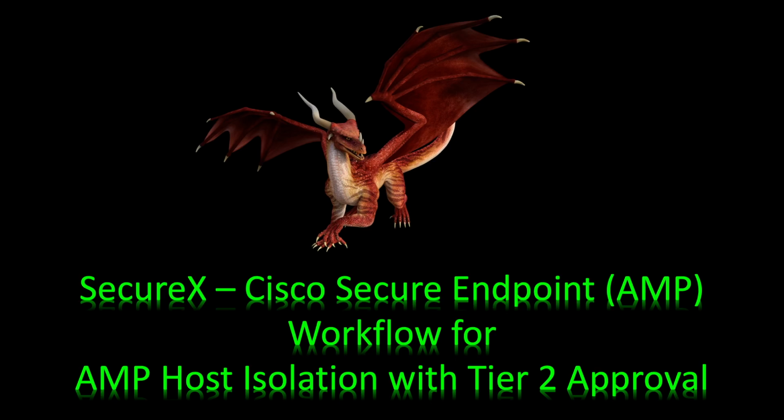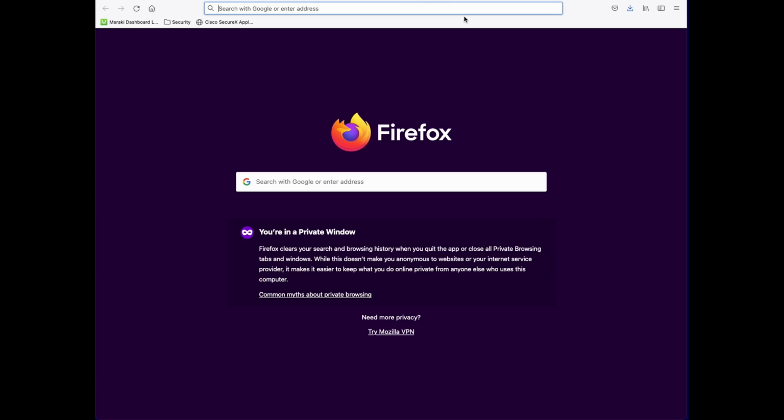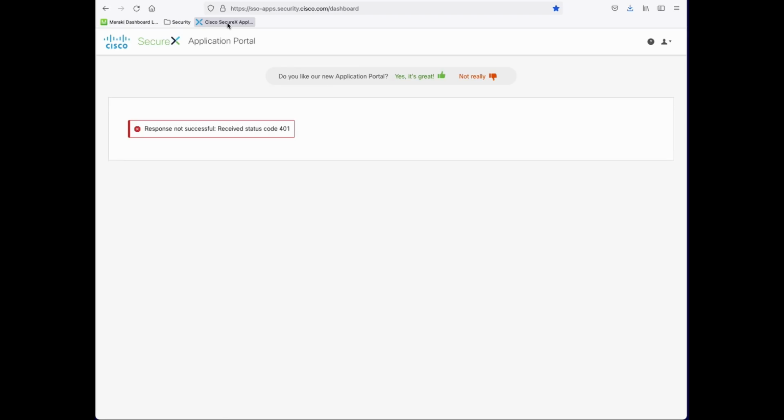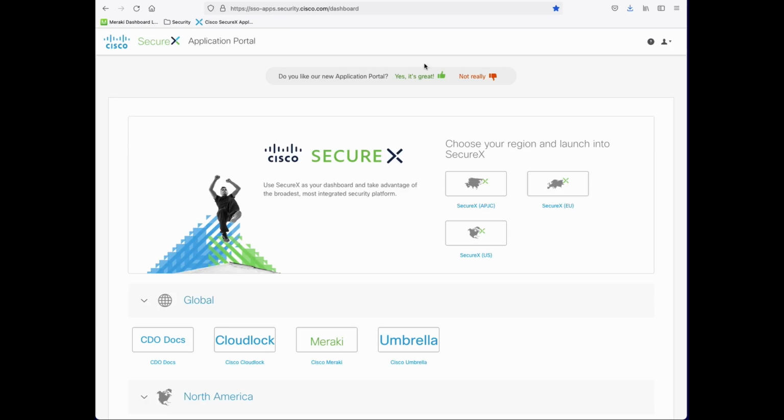Today we'll look at the configuration for Cisco SecureX and Cisco Secure Endpoint, previously known as AMP for Endpoint. So let's start by logging into the SecureX application portal. After you enter your username and password and verify with dual MFA, you'll be